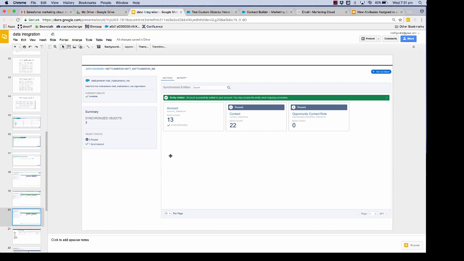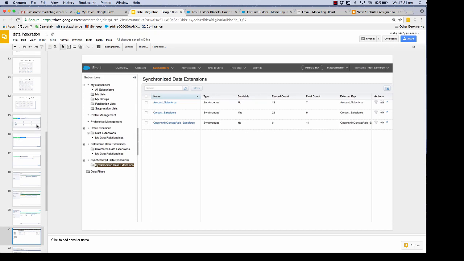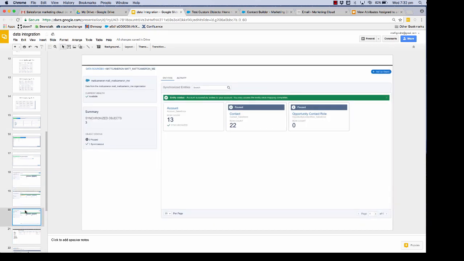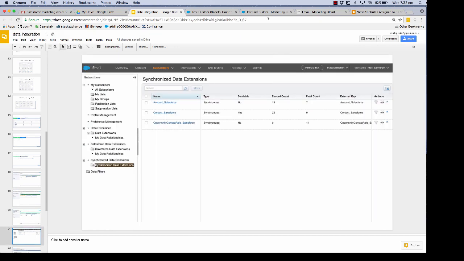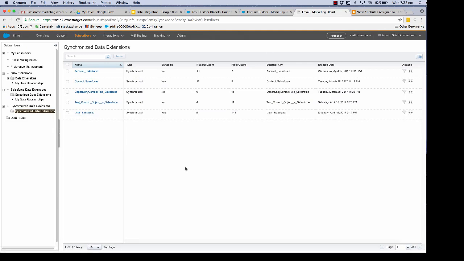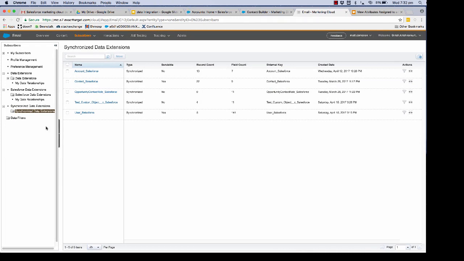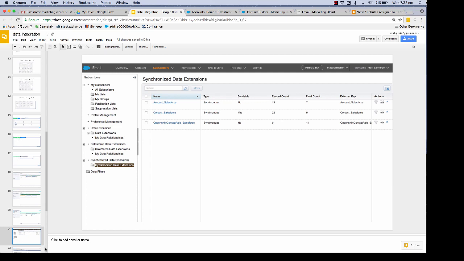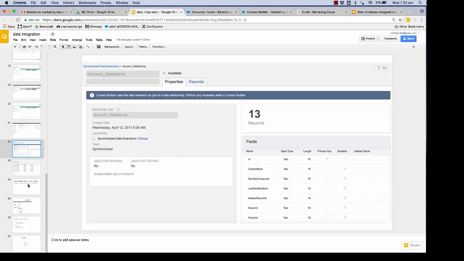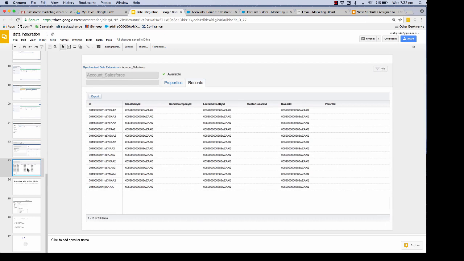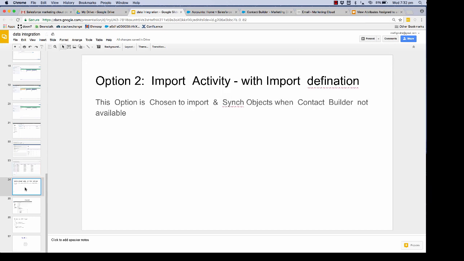So you can see that when synchronization finishes, it comes with the sync details. You can see the data, how many records we have got synced in, just to clarify between Salesforce and Marketing Cloud that the sync has happened properly. This is a screenshot of the fields that have been synced back, and the records that have been pulled in. So the second option is